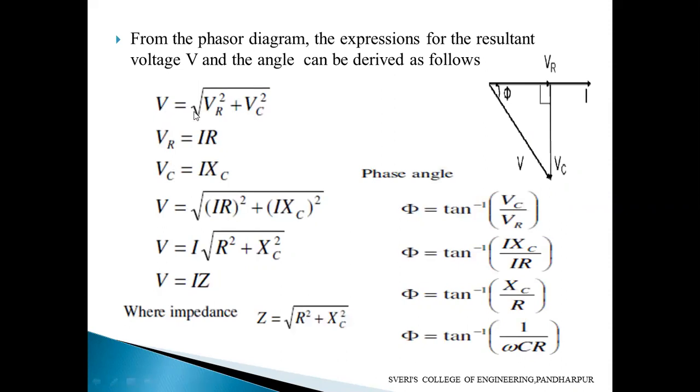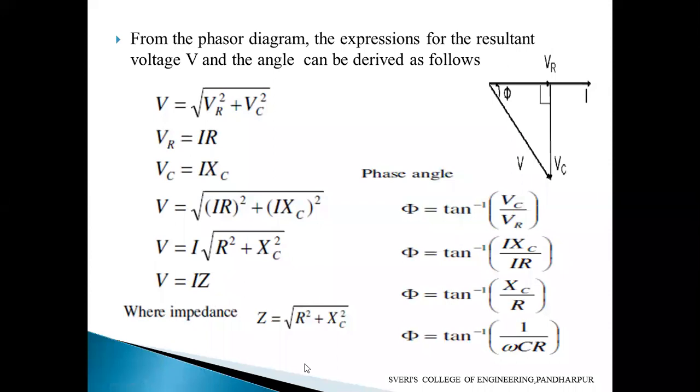For that reason, V equal to square root of VR square plus VC square. From this phasor diagram we can write down here now. We know the formula VR equal to IR. We know the formula VC equal to IXC. Substitute IR in the place of VR, and IXC in the place of VC. So I square you take common. After that, square root of I square is I only. So I times square root of R square plus XC square you keep as it is here now. This complete term I will write as impedance Z. So V equal to IZ we have derived here now.